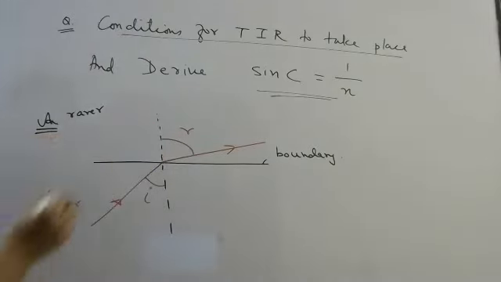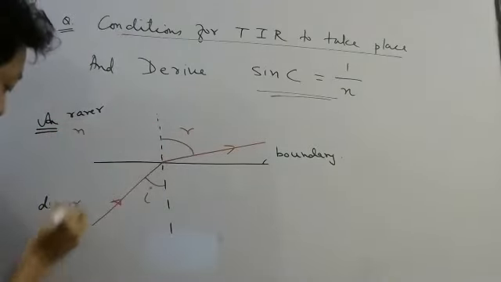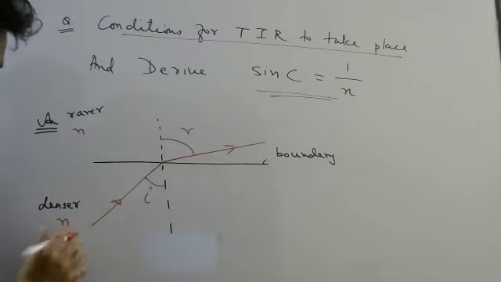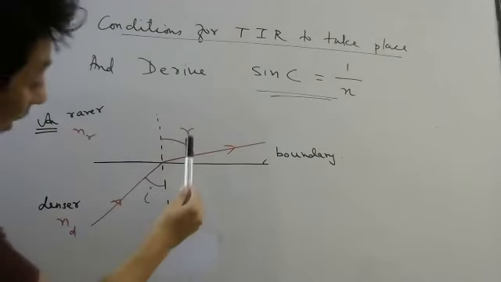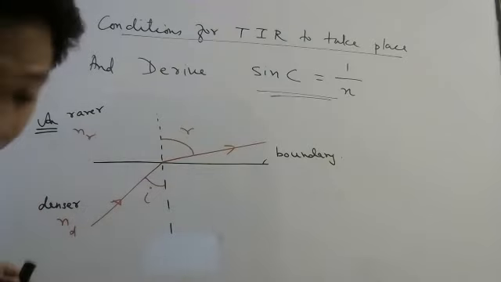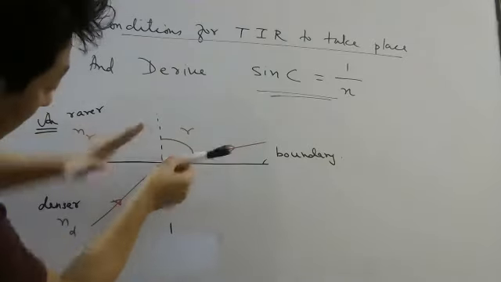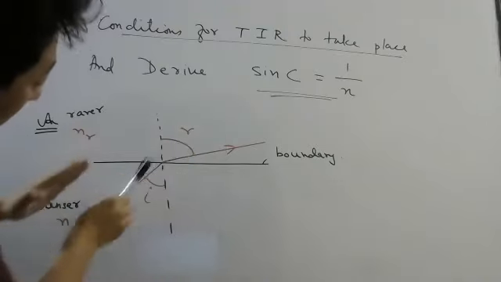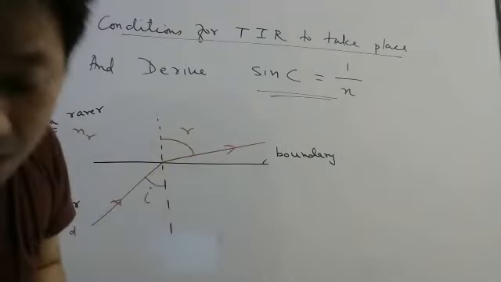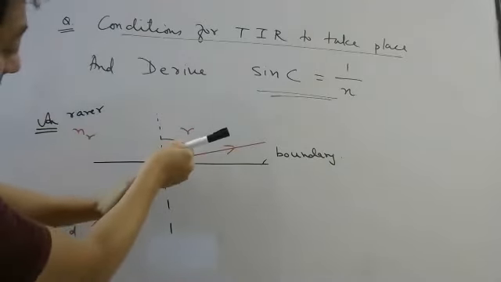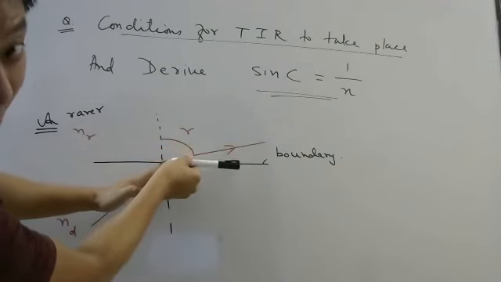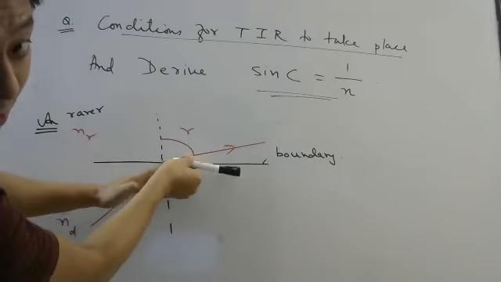Right, students? This has refractive index, let's say N1, or let's say just N, ND, and this is NR. So D stands for denser medium, R stands for rarer medium. Now you can see R is more than I. Yes or no? So if I increase this angle, this angle also should increase according to Snell's law. So see what will happen as I increase this angle. See, like this happens. After that, if I further increase, it will become like this.